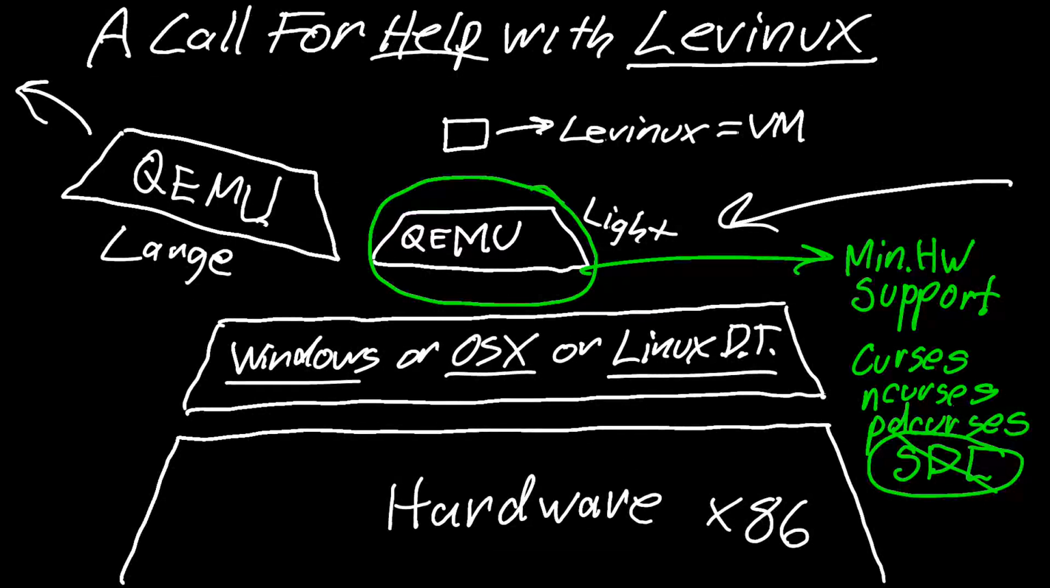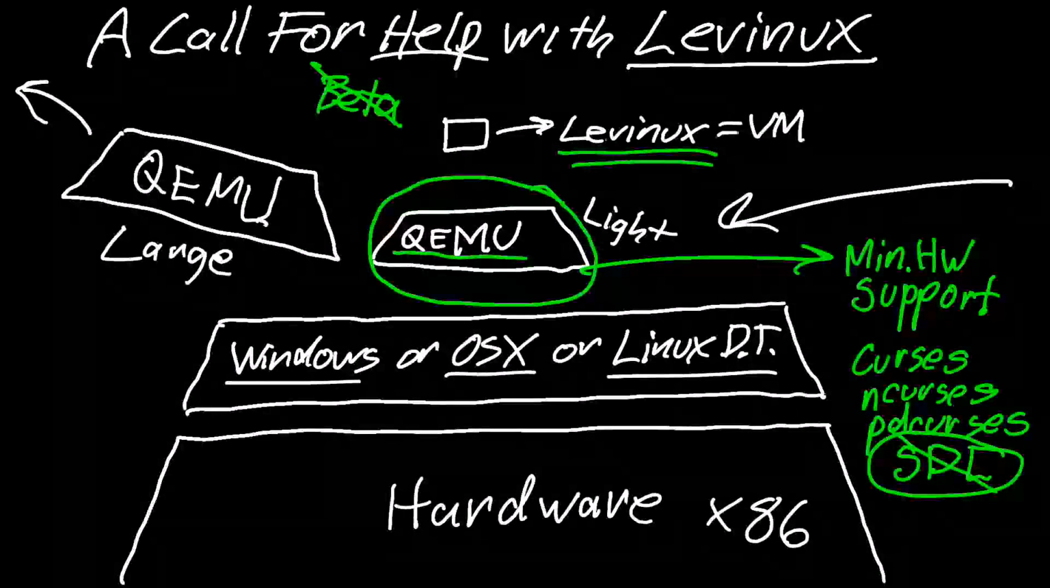So in order to get out of beta and make Levinux ready for prime time, I need to find or compile a version of QEMU that runs on Windows, a different binary but equivalent that runs on OS X, and a different but equivalent binary that runs on all the various popular desktop versions of Linux, so that I can make a single, tight, portable package of Levinux